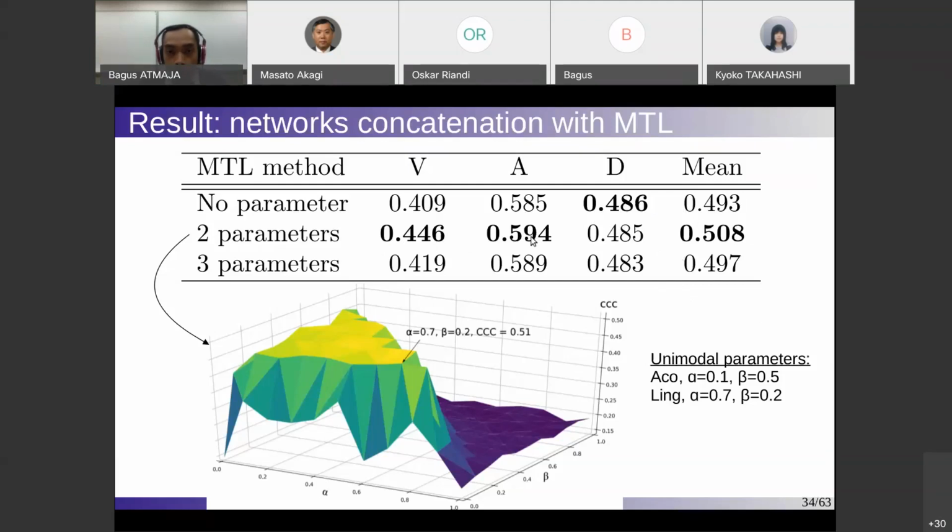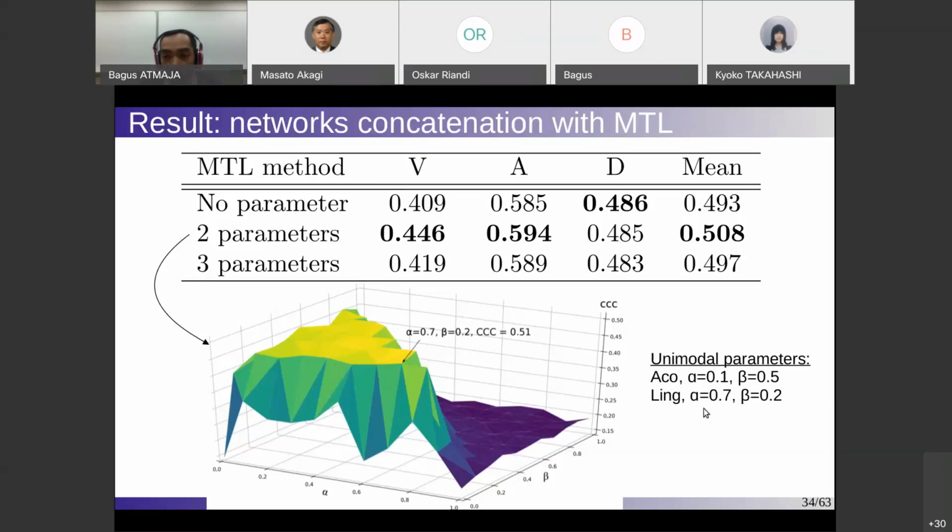And also here we can see that now we have a score of valence comparable to arousal and dominance. Previously, we only obtained 0.1, and now by fusing acoustic and linguistic, we obtain a huge improvement here. So the score of valence now becomes comparable among valence, arousal, and dominance, because valence is the most important dimension in emotion. So it is worth studying to improve the prediction of valence.